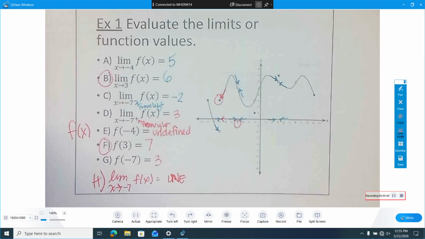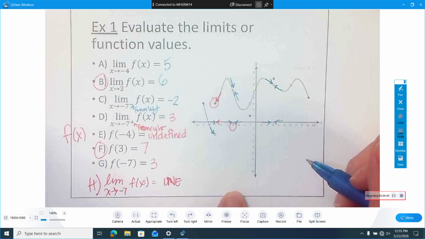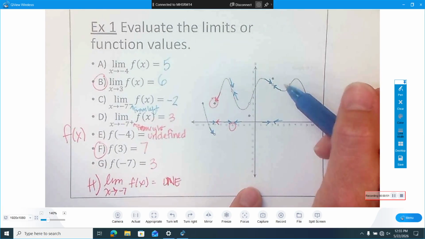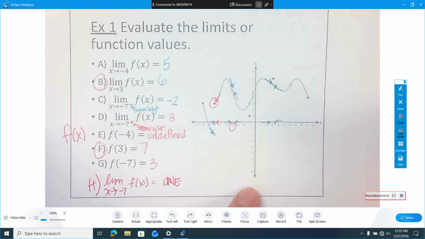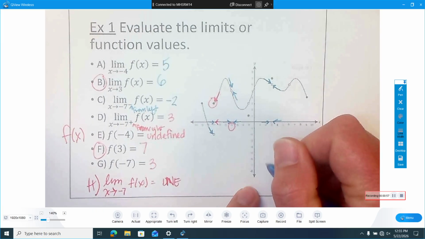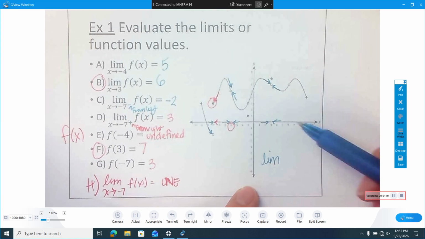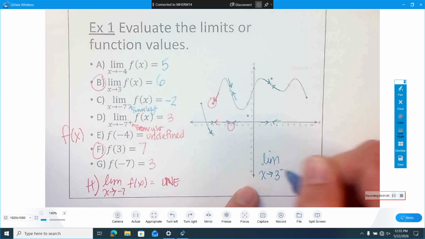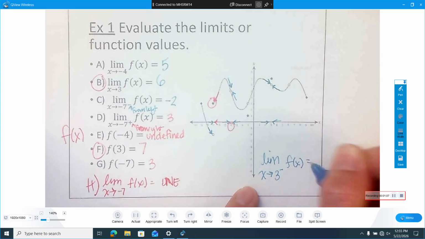So yesterday we talked about limits graphically, and so the limits are basically just y values. Whether the y value is defined or not, the limit is essentially just a y value. What's important is that the limit, let's say here, the limit as x approaches 3 from the left of my function here,